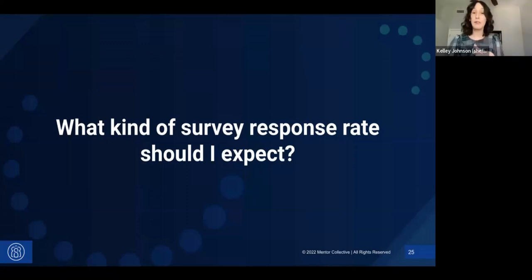So a few things I would say to keep in mind. One, if it feels like it's hard for you to get survey responses, harder than ever before, perhaps you're not alone. In fact, in 2013, the National Research Council said that researchers across a number of different social sciences across the US and abroad have witnessed steady erosion in survey response rates. And higher ed is not immune to this. So just know that it's not just you. You're not doing anything wrong. Other people are out there feeling the struggle as well.